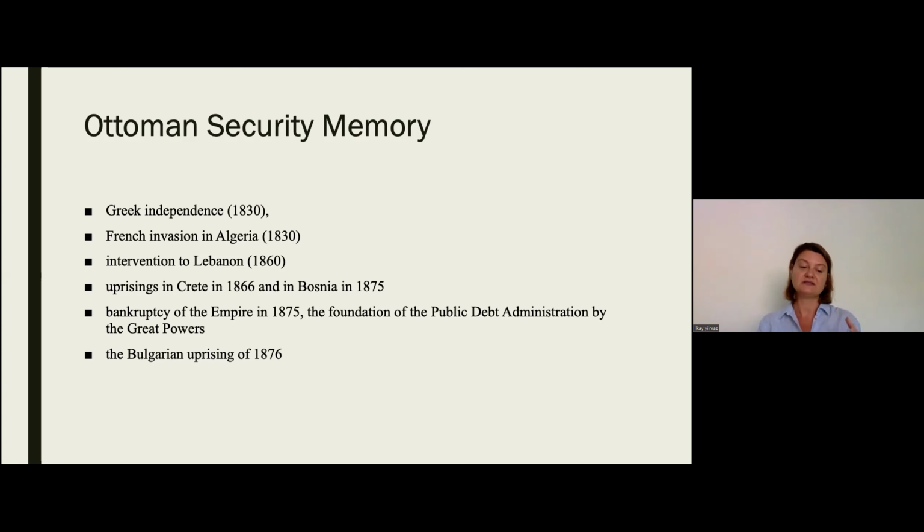So the European imperialist expansion during the 19th century in the Levant and the creation of small independent states in the Balkans came at the expense of the Ottoman lands, two of which were the main references of the Ottoman security memory, as I call it, which generated the historicity of the securitization of the Armenian question. So Greek independence, intervention in Lebanon, the French invasion of Algeria, uprisings in Crete and Bosnia, bankruptcy of the empire, the Bulgarian uprising, and the foundation of the public debt administration by the great powers of Europe, and then later the British occupation of Egypt, all of which led to European interventions and European mixed commissions as supervisors, were the Achilles heels of the Ottoman sovereignty and kept active